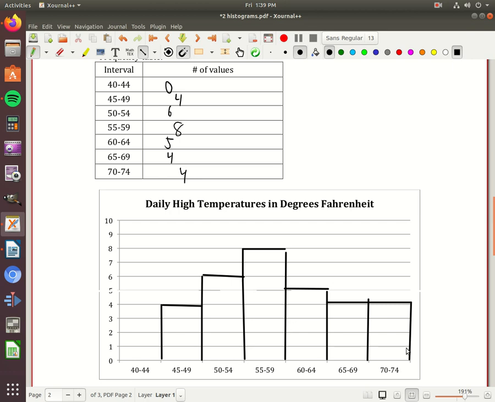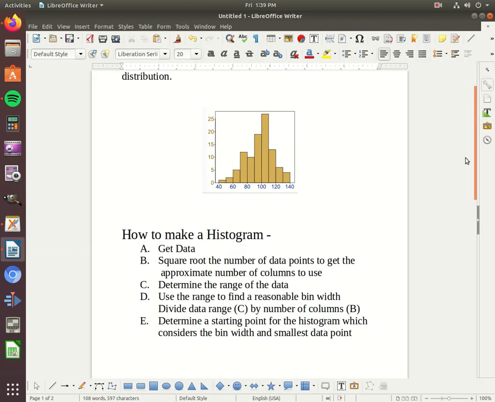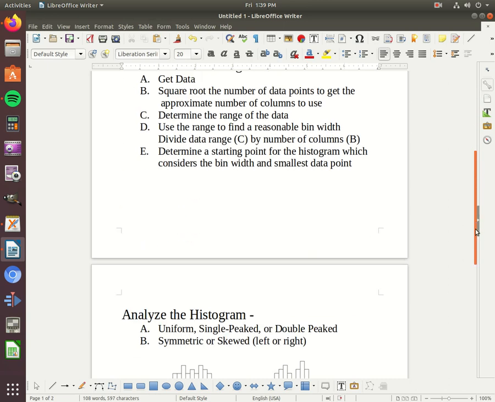Now again, yours might not look exactly the same because you might have had a slightly different scale, you might have had a slightly different bin width, but it should look roughly the same. Again, we wouldn't want to have 30 intervals to use here. We wouldn't want to have 2 either. We want to pick something that's reasonable, so that's why we went with the square root of the number of data points. And then the last thing we're going to do is we're going to go over here, like we said, and we're going to